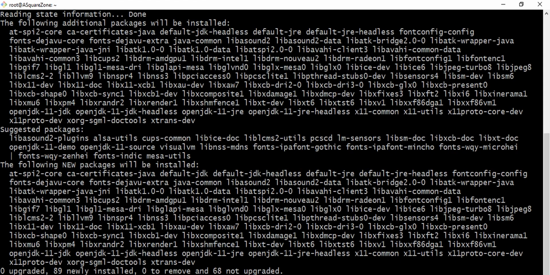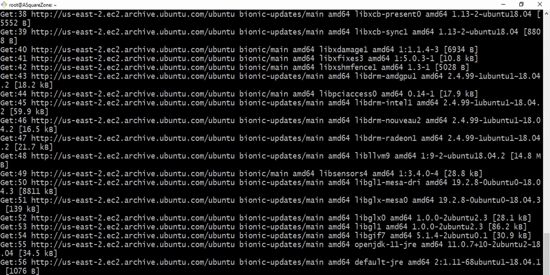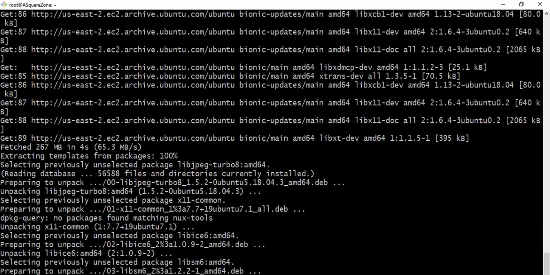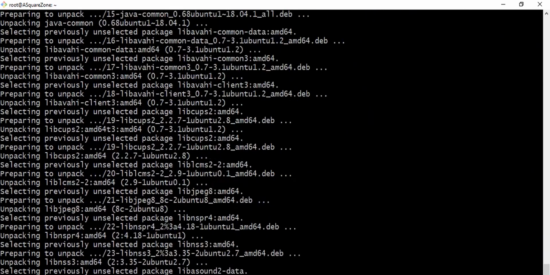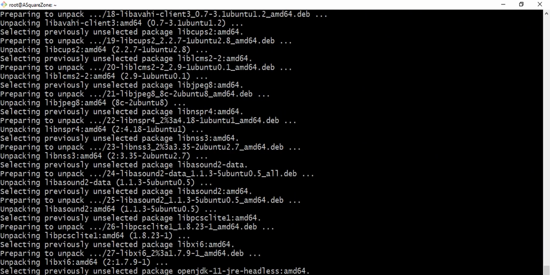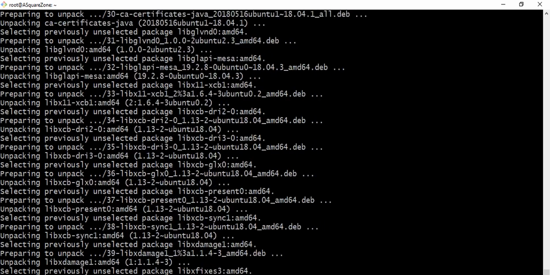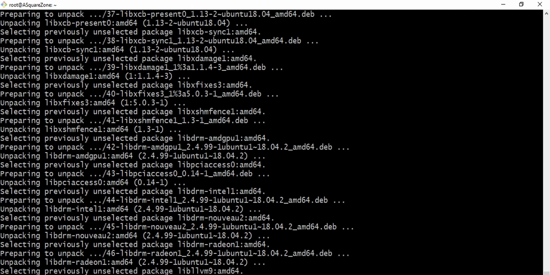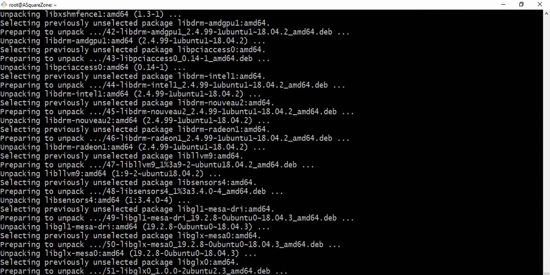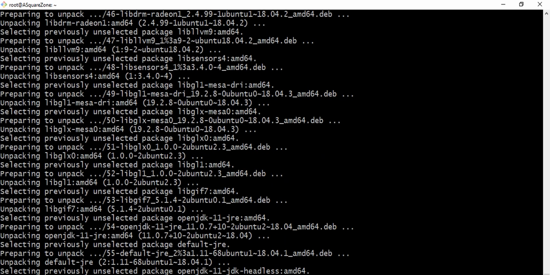So here it is getting installed. It is getting all the packages and it is going to install the latest version. So it's updating all the packages here, and within a few seconds we will have Java installed on the Ubuntu server.